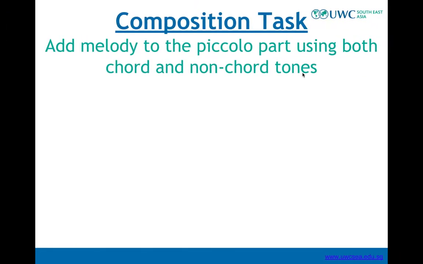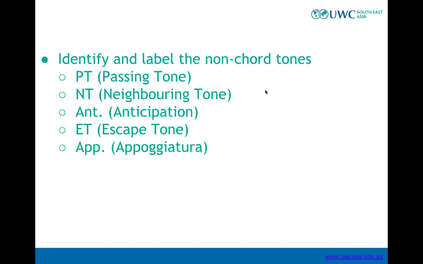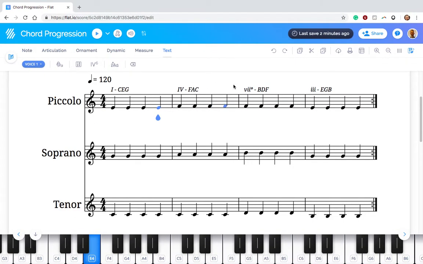Alright, now you're going to add a melody to the piccolo part using both chord and non-chord tones. So just a quick review: passing tones, neighboring tones, anticipations, escape tones, appoggiaturas are some of them. So I went ahead and labeled which chords I was using to remember my chord progression and which notes are